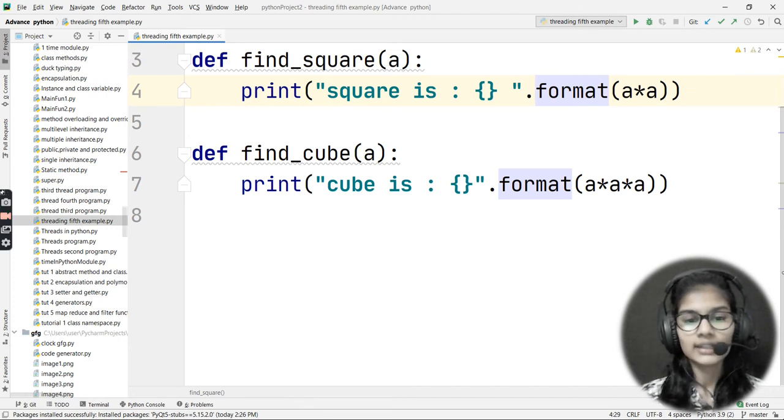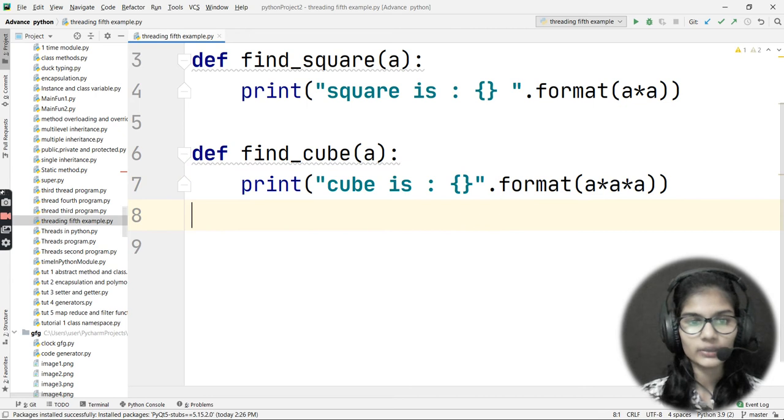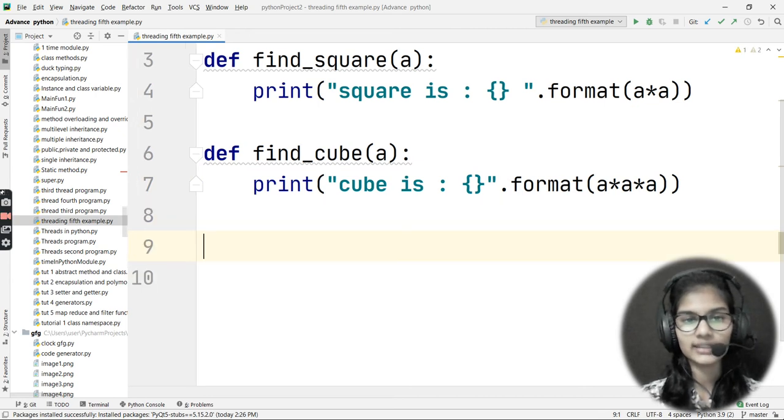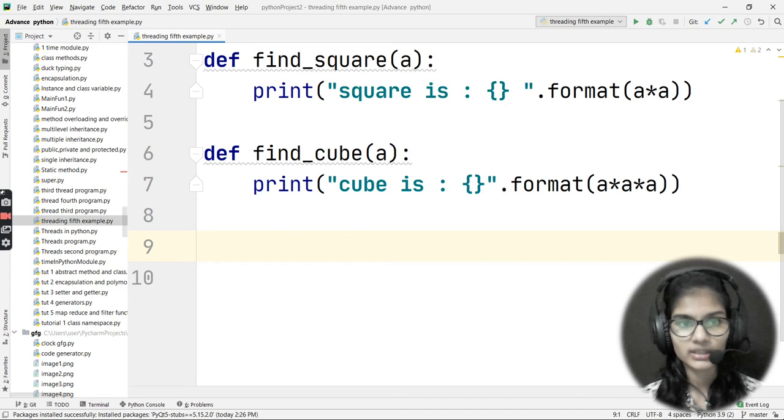Okay, now next what I would do is come down here. I'm not calling my functions here outside the main function. You know why? Because if, for some use, I import this function into any other file, and I just call one function in that other file, then all of the functions will be called, and I'll be getting the output for all the functions there, right? This is a problem, so that is the reason I'm writing and calling my functions inside the main function only.